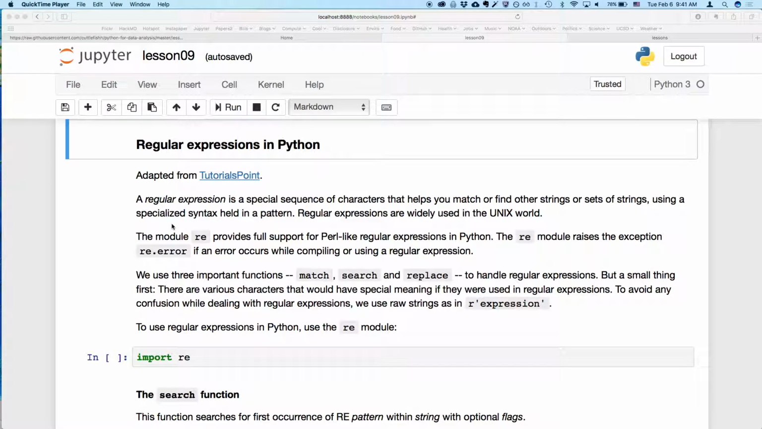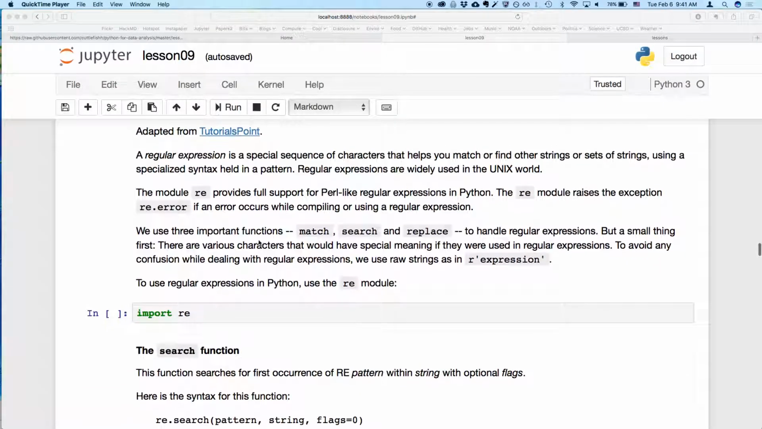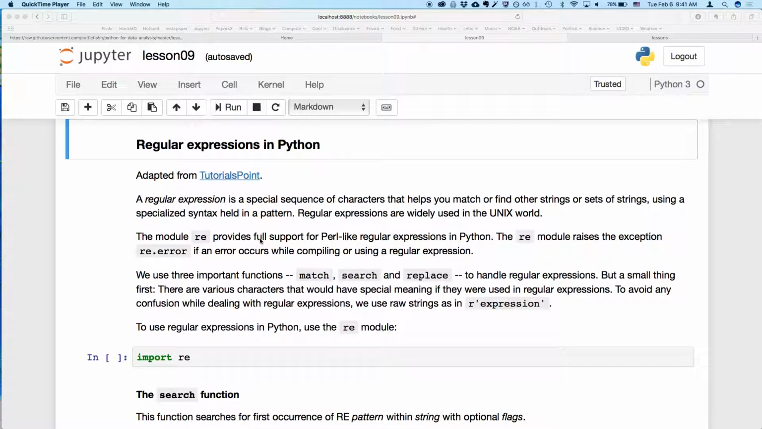So for the last part of the regular expressions lesson, we'll dig into regular expressions in Python. And this is adapted from this tutorial here. As we've seen, a regular expression is a sequence of characters that helps you match or find other strings using a specialized syntax in a pattern. So with Python, we have this module re for regular expressions that provides all kinds of support for